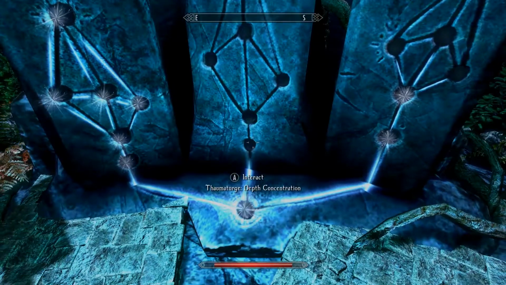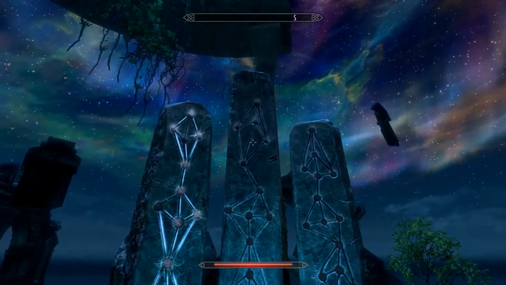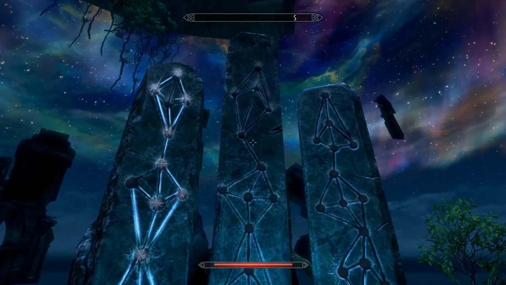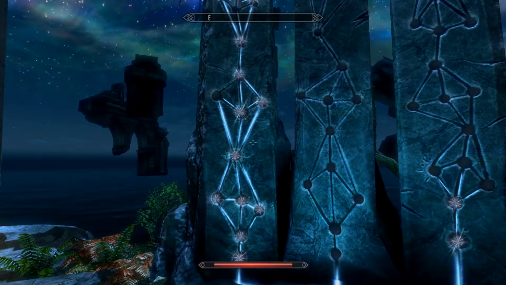So if you actually go up to these little nodes and you press A, it'll give you the description of the memory and you can use a memory point on it to unlock it. So I actually have a memory point here, so I will show you that in just a second. Now, you do get enough points to fully fill out basically 2 of these and a little bit more. So if you wanted to dual spec, you could